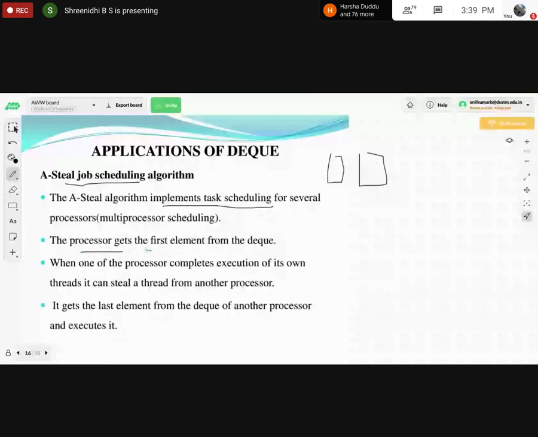A processor gets the first element from the DQ. When one processor completes execution of its own threads, it can steal a thread from another processor. It gets the last element from the DQ and executes it.